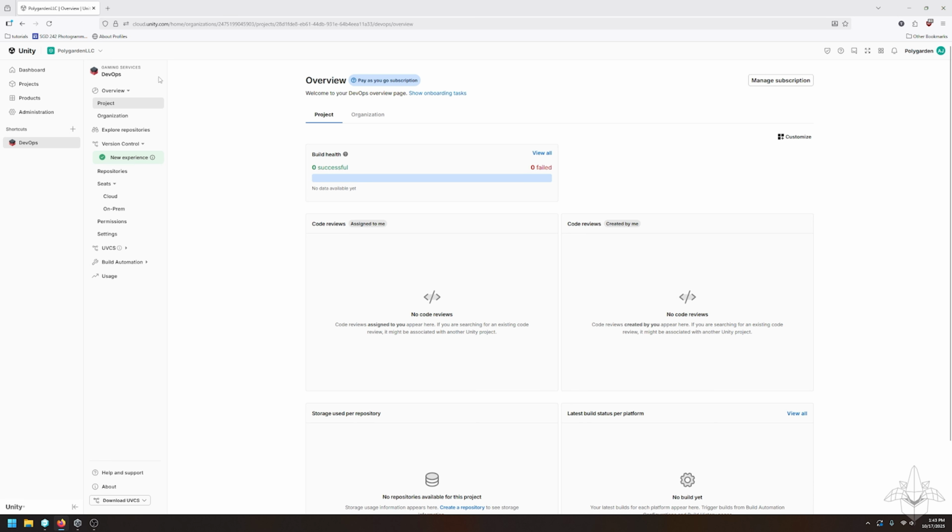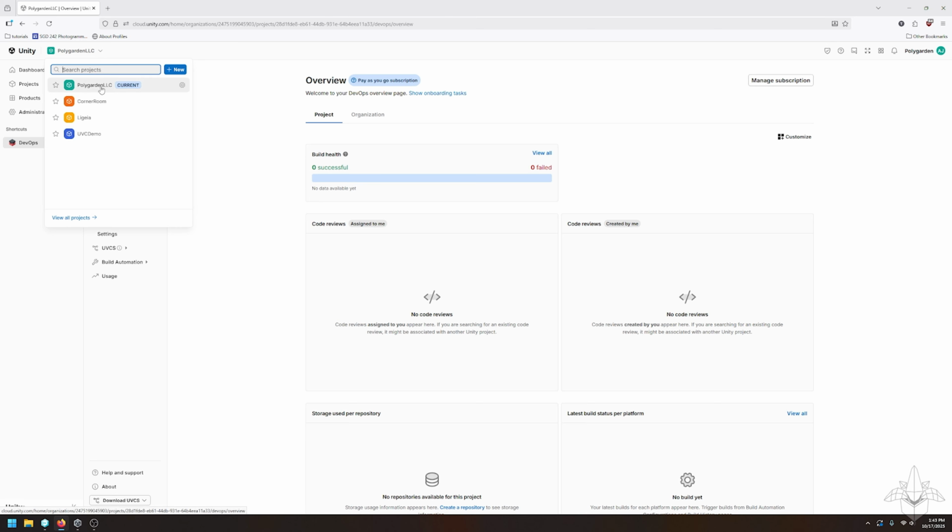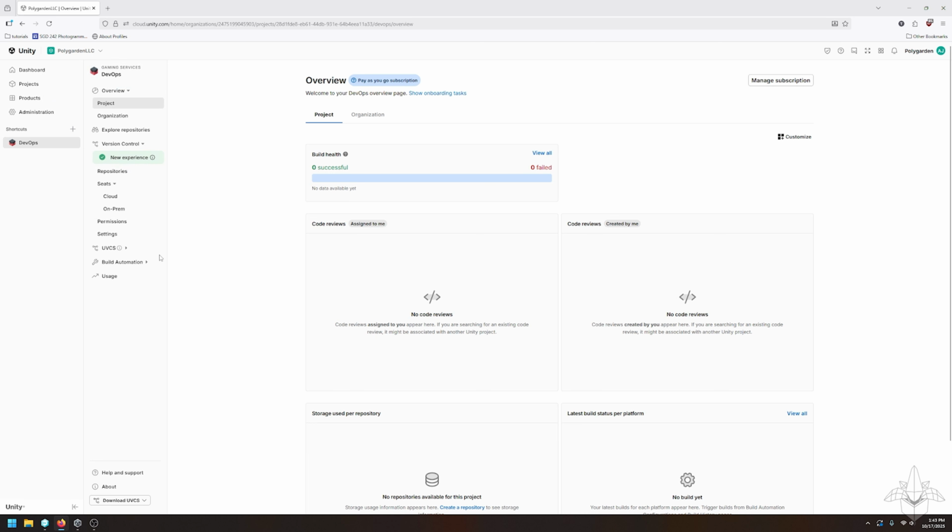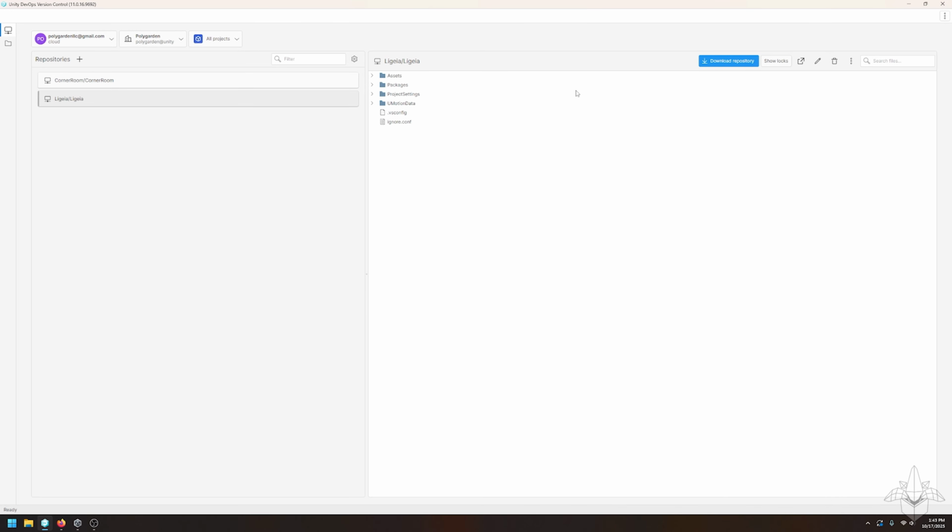So a little bit about this. The way this is broken up is that you are doing your project. So project is here, but if you need to actually change your project, like you have different game projects you're working on, you would switch your project with this drop down right here. So I have this one that I'm currently on, and then I have some other ones here. We'll get into this in a little bit, but the important thing is getting that standalone application installed and